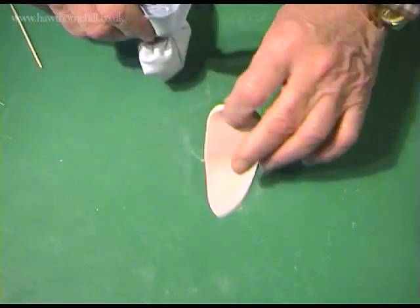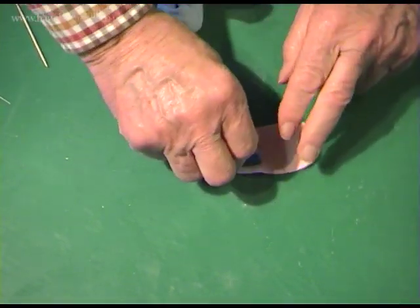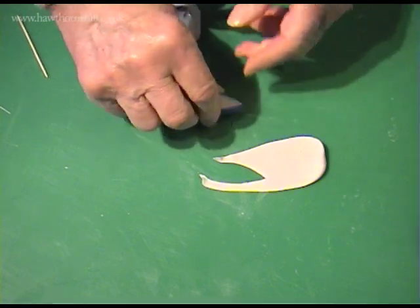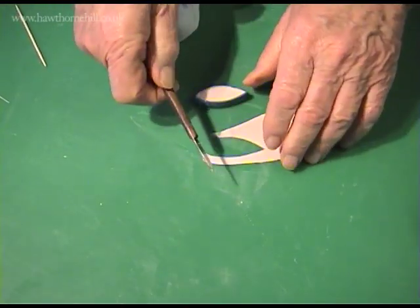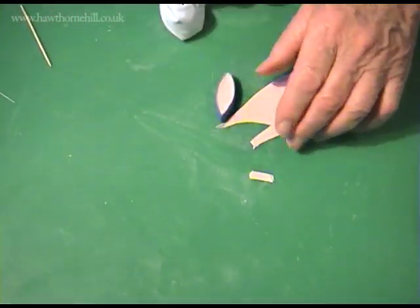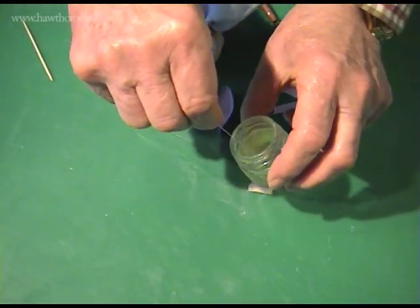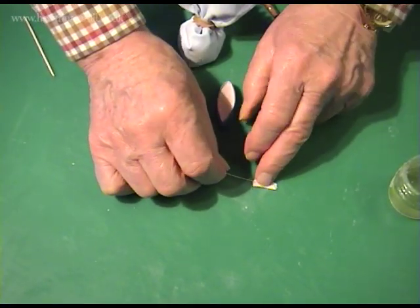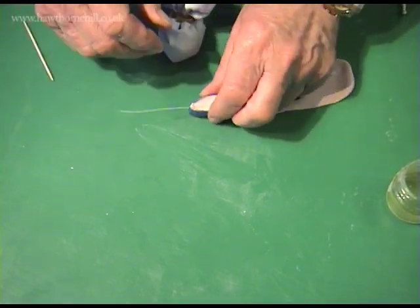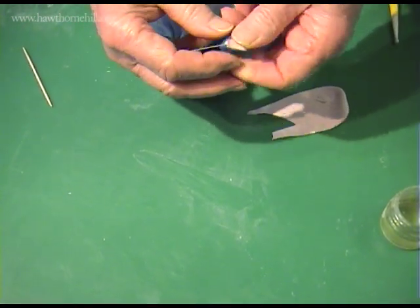We now have to make the three sepals, so we just powder the board like that, pick up the sepal cutter veiner, press it in, take it out like that, and then press it down firmly to pick up all the veining. As before, we'll chop a piece of the sugar paste off so that we can wire it, and pick up the wire in the egg white like that, then on the little patch and rotate it round so it's in the right place, and then squeeze it down. Model it in well like that,